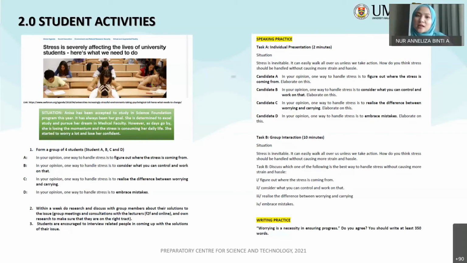This time around, I emphasized that they do interviews because I want them to talk to other people besides their friends and also me. So they have to interview other people, and after that they come back and do a pitching session for 2 minutes where they present their arguments, followed by a question and answer session. So if you can see, the follow-up is very MUET. Although the beginning is PBL, towards the end it is very MUET, going towards MUET.